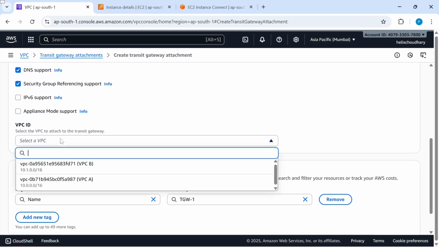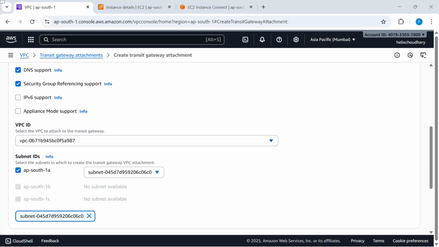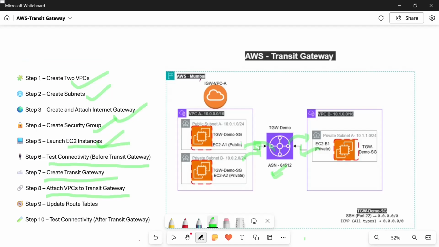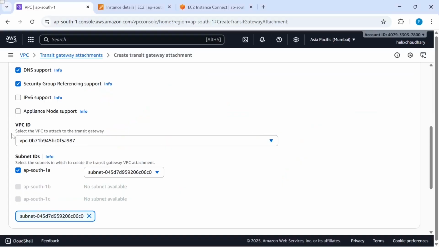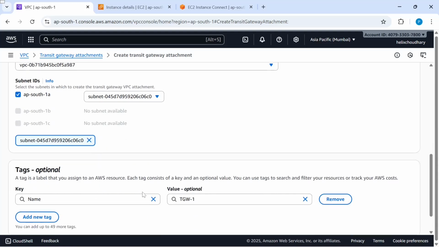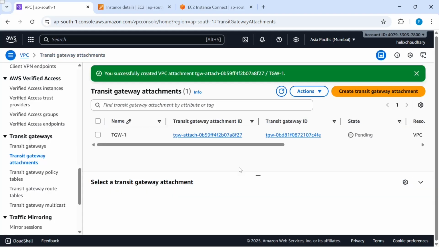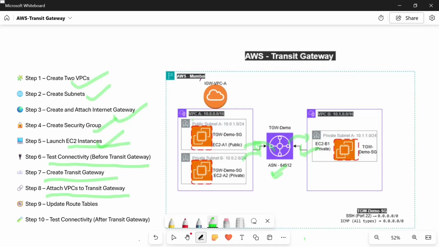Select a VPC ID. So first I'll attach it to our VPC A. So first we'll attach VPC A to our transit gateway. So that I have done it here. I'm attaching VPC A. Okay, and we'll hit create transit gateway attachment. Right now we have attached VPC A to the transit gateway, but we also have to attach VPC B to